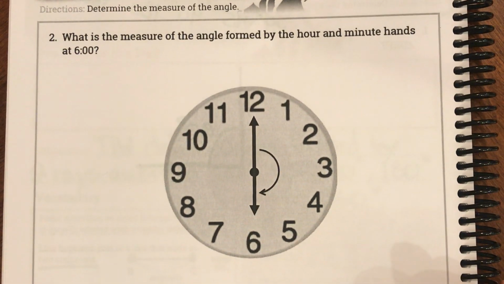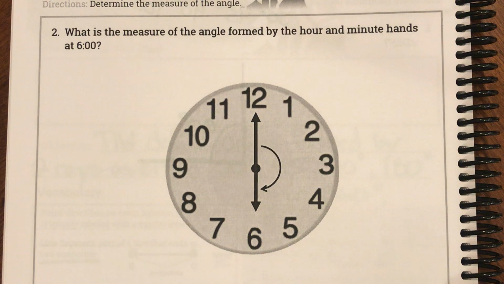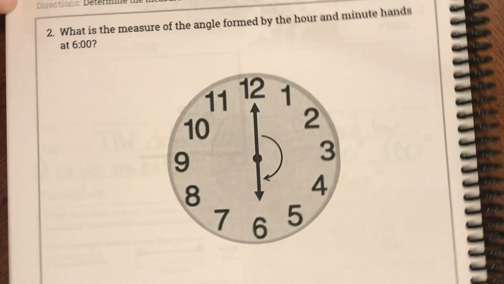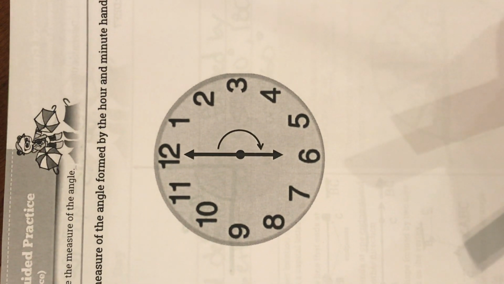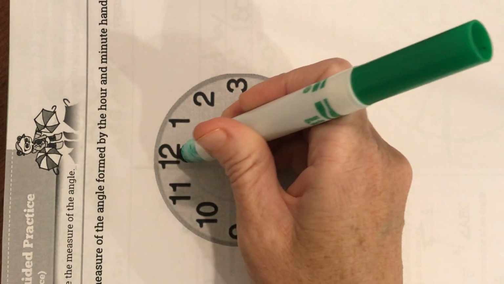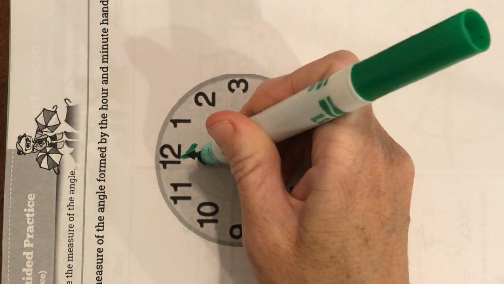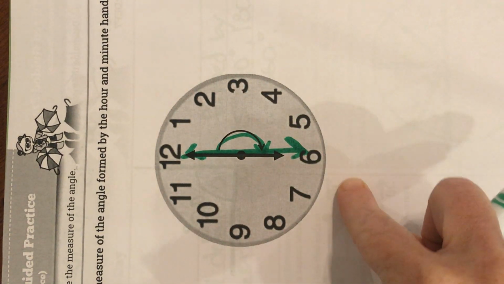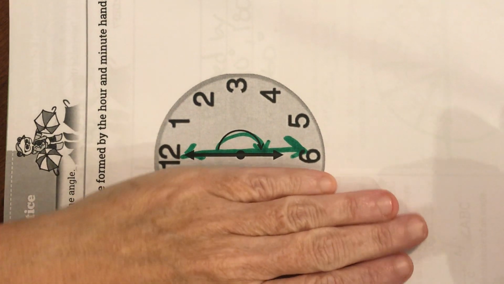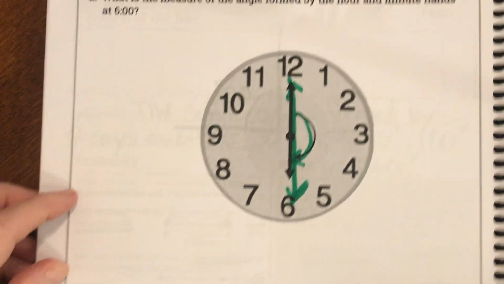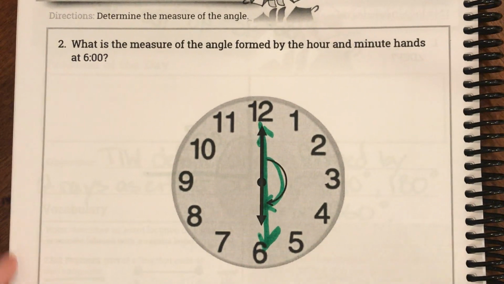Okay, let's turn the page, ladies and gentlemen, to page 169. And this one problem tells us, what is the measure of the angle formed by the hour and minute hands? And they actually even put it here for us. I might turn my book to see it more clearly. So what is this angle? Well, what I see is a straight line. I also see half of a circle. So I know the whole circle is 360 degrees, but I am only seeing half, which would be a straight line, or half of a circle is